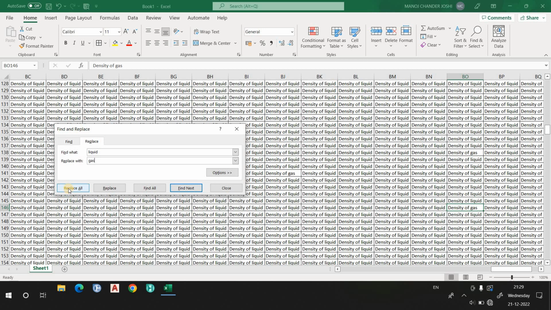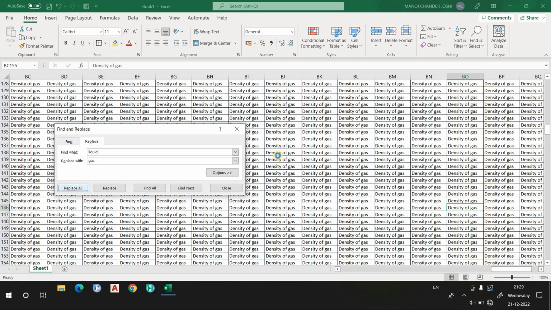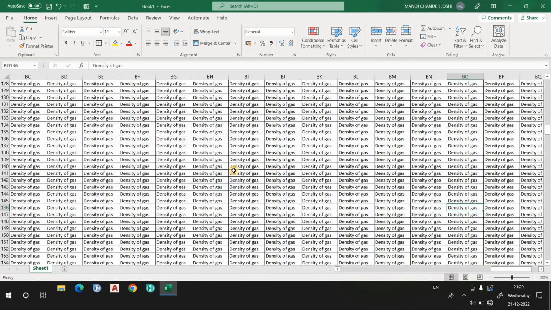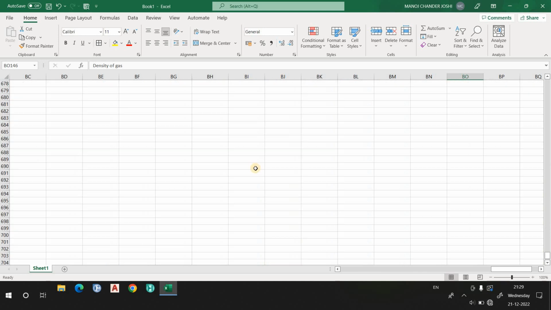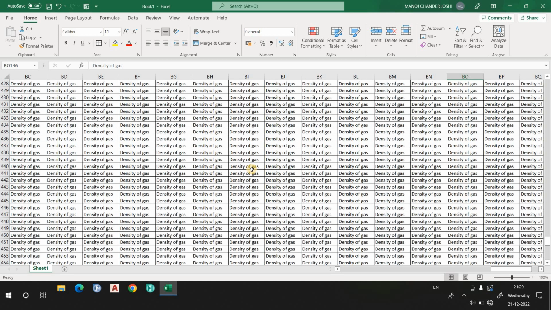Just see, when I click replace all, your entire data has been changed. I'll close it. All the data has been changed to the density of gas.